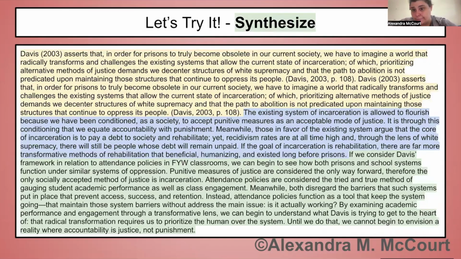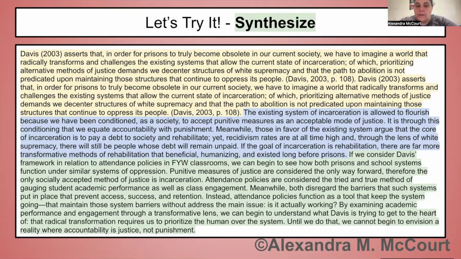And I have it in green. So I'm not going to reread the summary and the analysis, right? You can reread the entire paragraph. Instead, I'm going to read the green section, which is my synthesis of all of this. Here it goes. If we consider Davis's framework in relation to attendance policies in first-year writing classrooms, we can begin